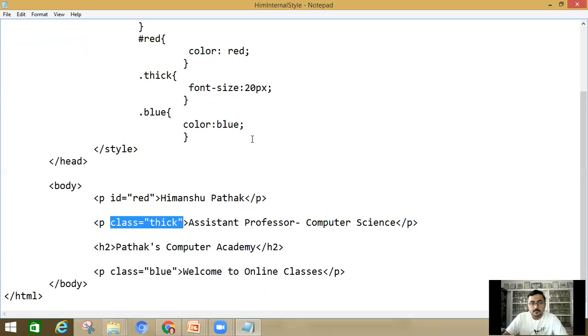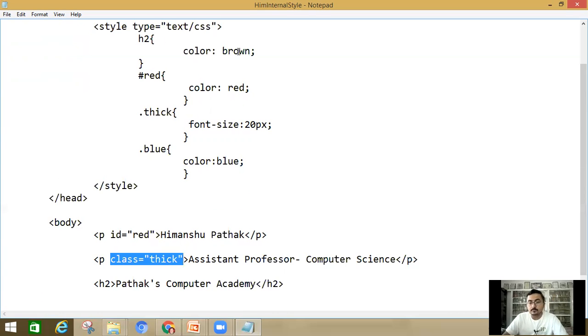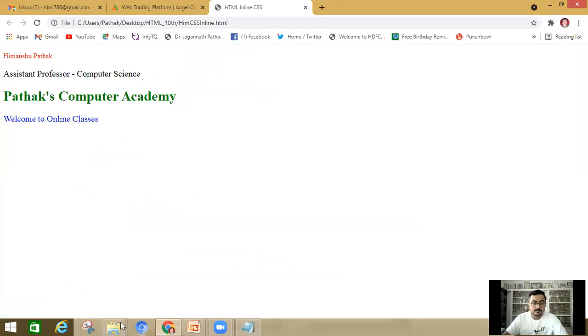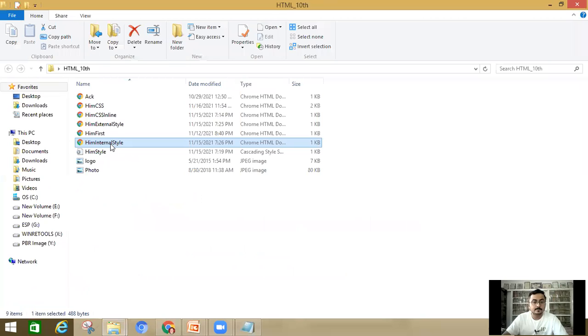H2, simple, color is equal to brown, element selector. And here class is equal to blue. Okay, so I'm going to run that file for you.